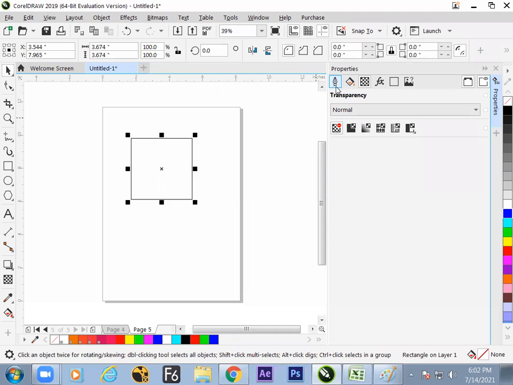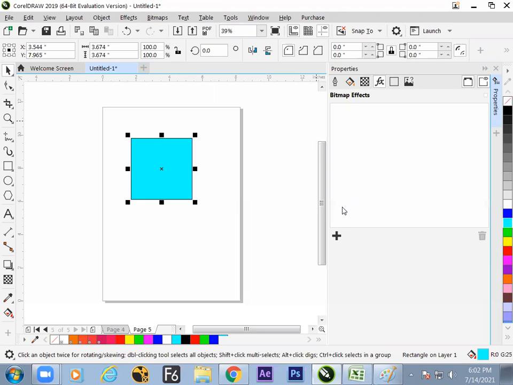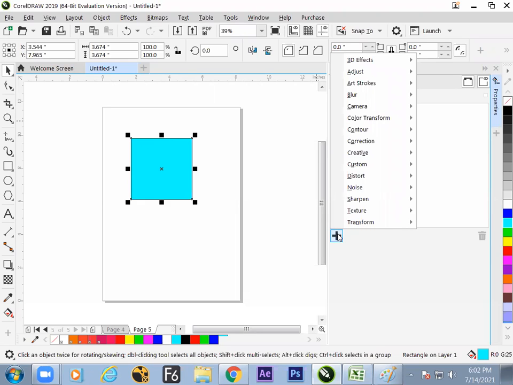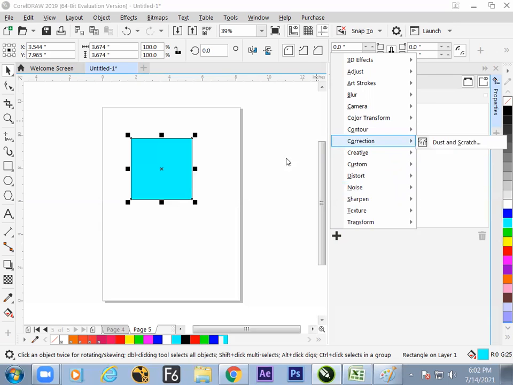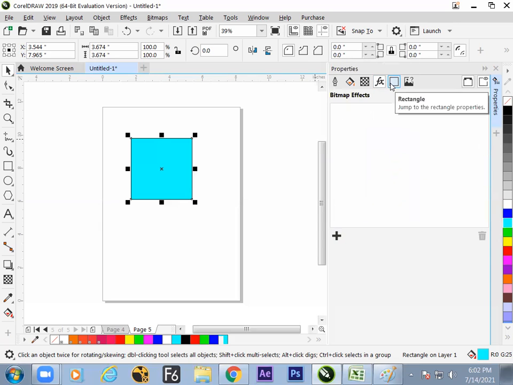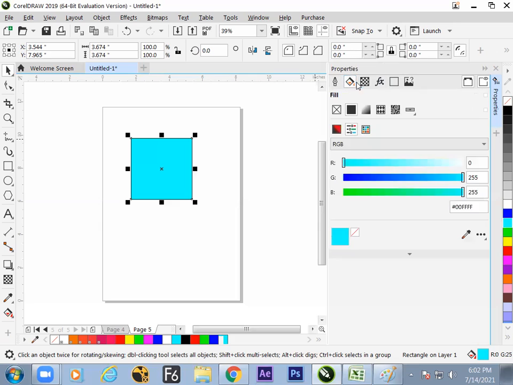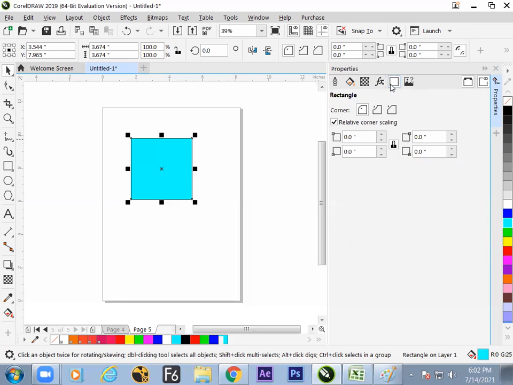Object is done, and we have seen three properties: stroke, fill, transparency mode. Everything done. So get the color fill, and you can directly click and fill the color here in the color palette. Here the special effects are there. We can add some effects here, but we'll learn about the effects in a later phase because a lot of effects could be added. We'll see it in later cases. Hope we have understood how the property window can help us change these many properties.